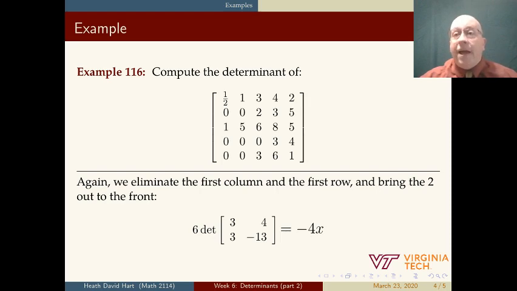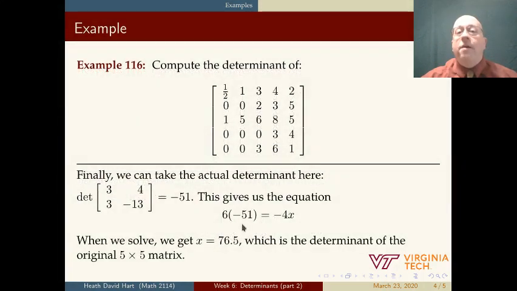But at this stage, we can eliminate the determinant of the 2 by 2 matrix because we can actually multiply this out. 3 times negative 13 is negative 39. 4 times 3 is 12. Negative 39 minus 12 is negative 51. And so we get 6 times negative 51 equals negative 4x. And then we solve for x. X equals 76.5. That's the determinant of the original matrix